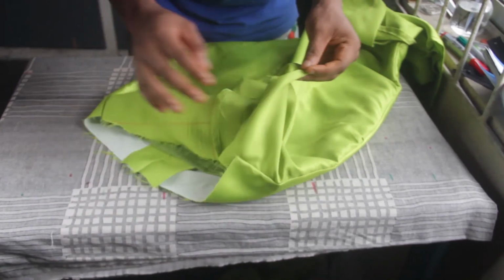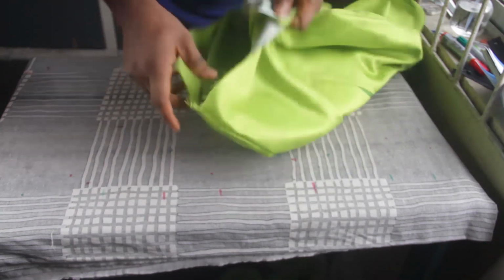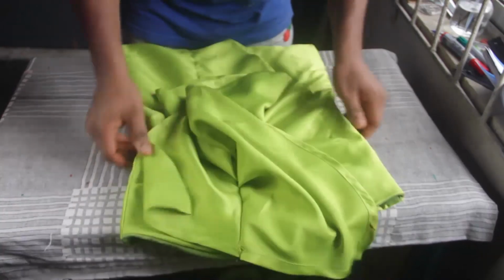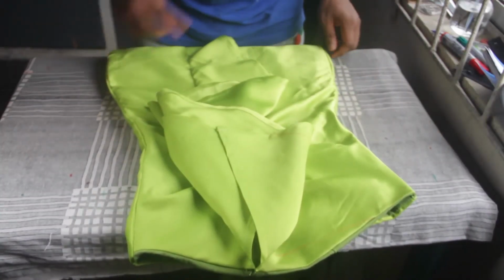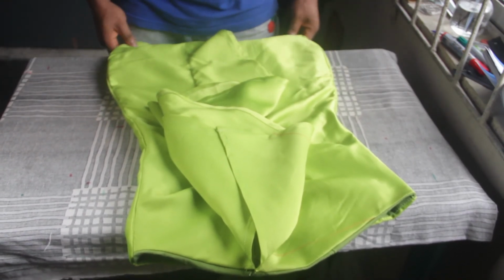Yeah, we're pretty much done. If you've gotten this far, congratulations. Now the last thing I'm about to do is I'm going to hem the bottom part. So I'm going to bend it like so, and I'm going to sew all around, hem it around. Now I'm bending 1/2 inch twice, so as you can see